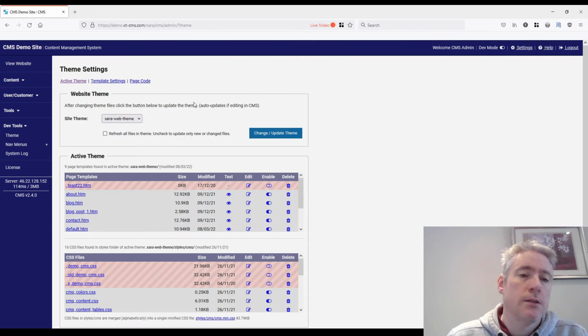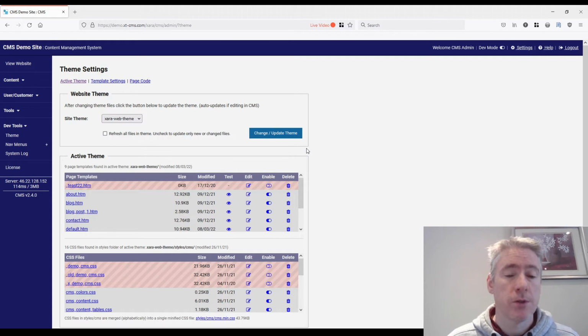This has changed from the previous version, in that in the previous version all you would have gotten was the ability to select and choose the team that you want to use. So you would use this drop down, you would select the team you want, and you would click the button to change it. Usually you only ever want one custom team for your website, but there are occasions where you might want a separate team, maybe for a particular season or time of the year. You might want to switch your team up, or if you're just refreshing your website and going from an old team to a newer team as well.